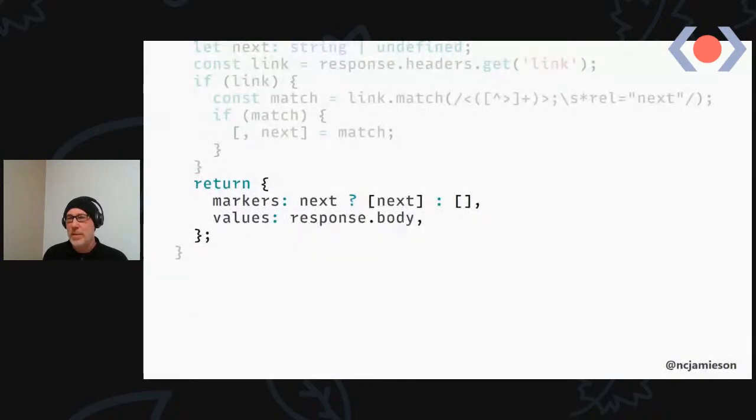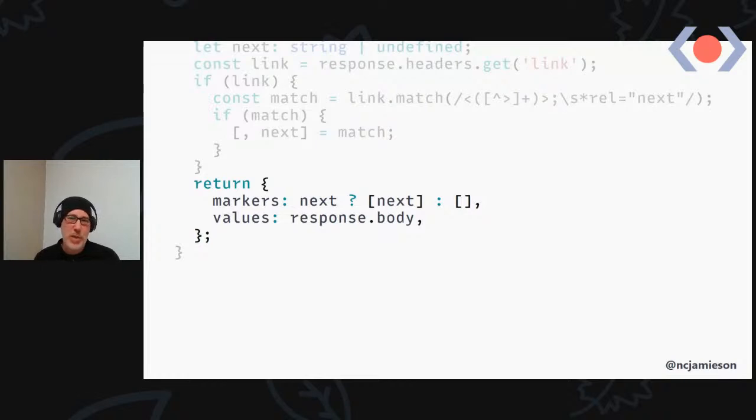So we'll either have one marker or none. This is a general sort of structure, so we can use this structure to traverse any type of graph. It's not always the case that you're going to have one marker and multiple values. You could have multiple markers and only one value.